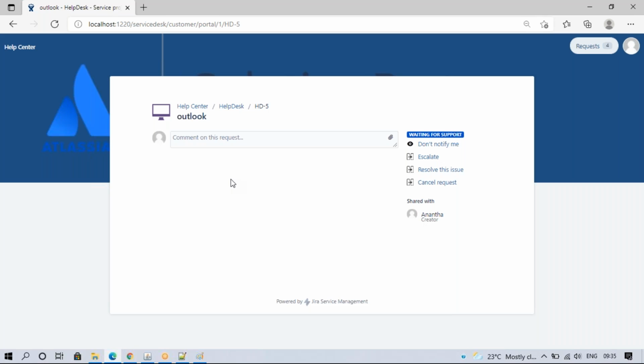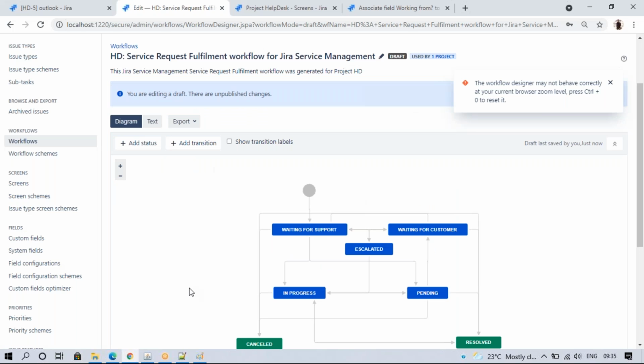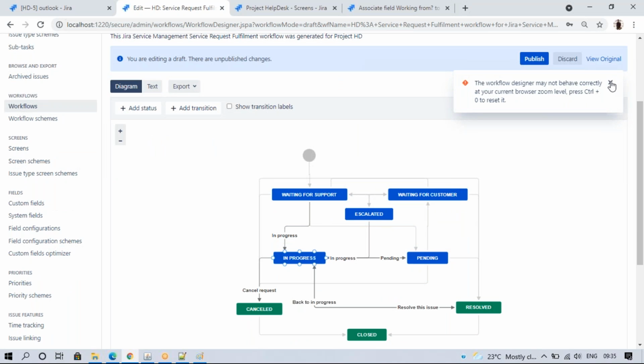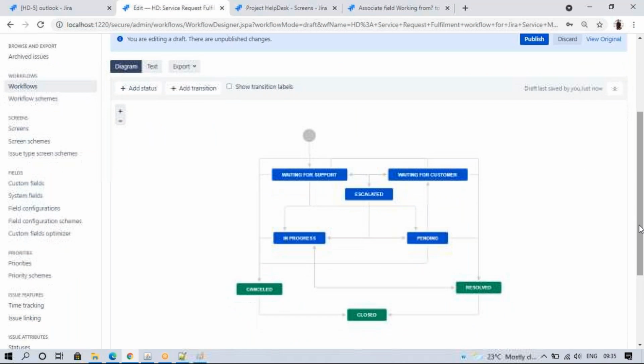I open this request, but I want to close it because it was raised as a duplicate, or raised by mistake, or a customer closed the request without resolving it, and I need to reopen it. So we can give the status change permissions to users as well, so that when you associate that workflow with a service desk, those options will be enabled.